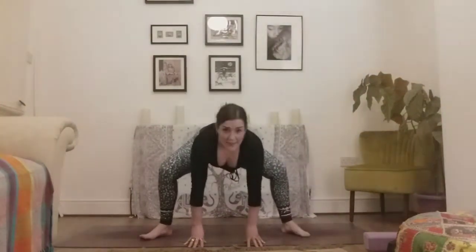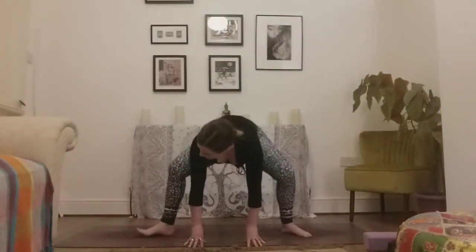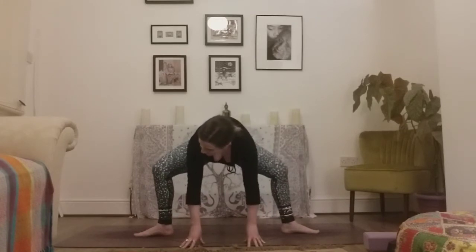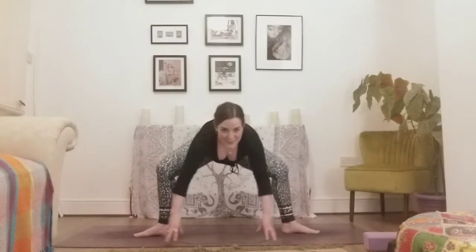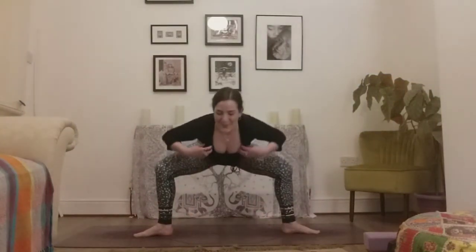You can have the feet at a little diagonal, or we're eventually working towards bringing the feet in line with the long edges of the mat. So toes point out to the little edges of the mat, so the back and the front. When you feel stable in your feet, start to lift the chest and take a nice deep bend into the